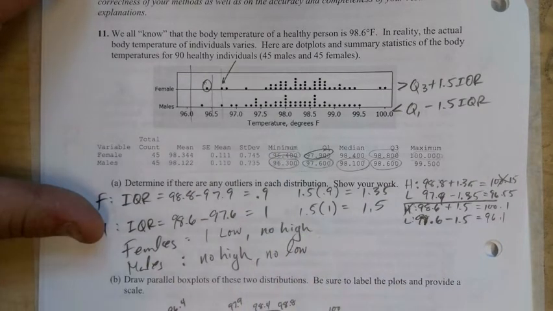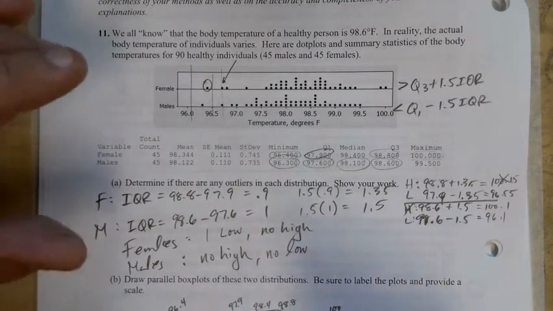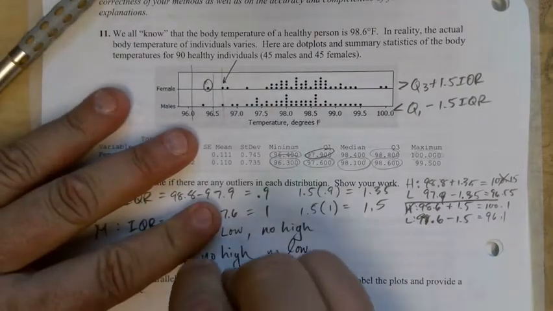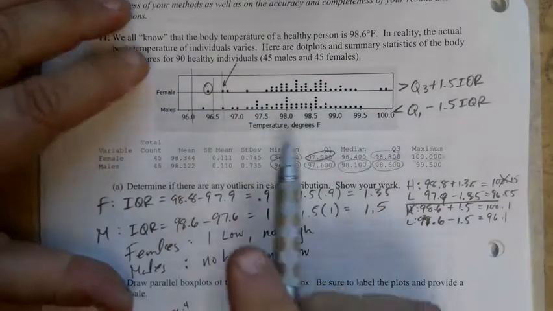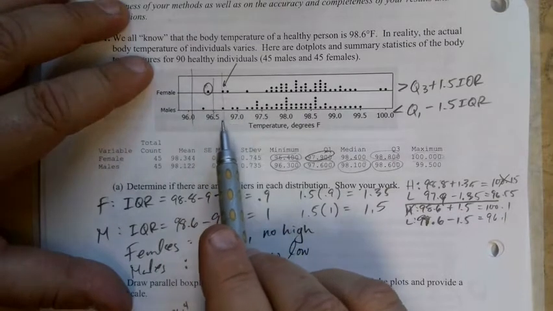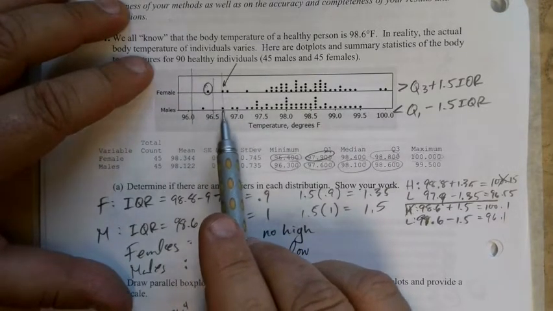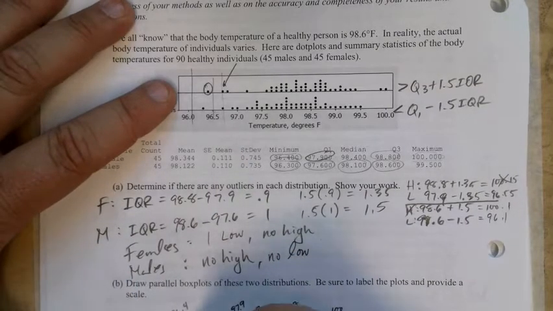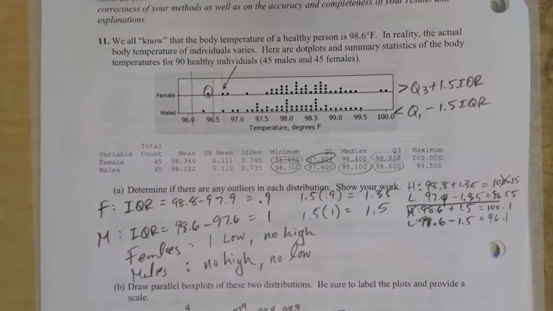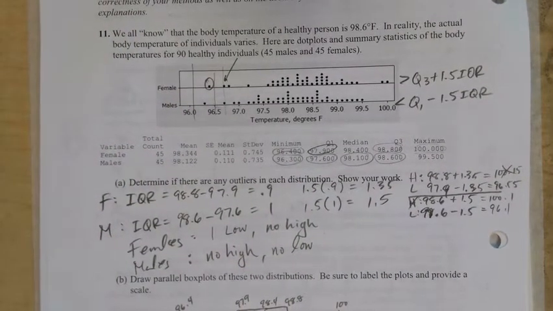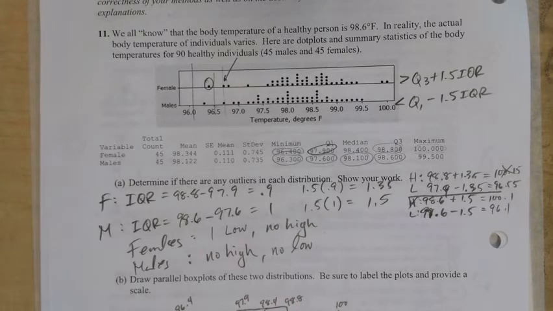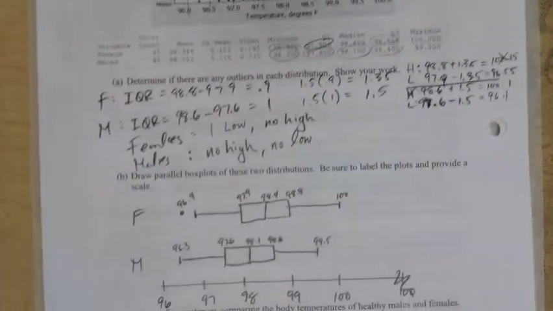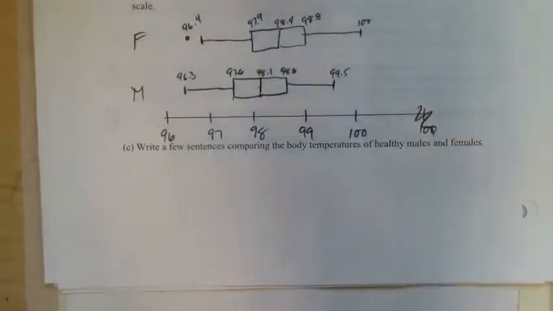96.5. Oh, see, mine's right at 97, so it's not going to go right there. What is this? 96.5, 97. So this is like 96.75 or something. So it's down maybe here-ish. It'll go right about there. But I don't know exactly what it is, so I can't label it. But the big deal is this has no outliers. This has the one. There's the highest. There's the lowest non-outlier. Write a few sentences comparing these distributions.